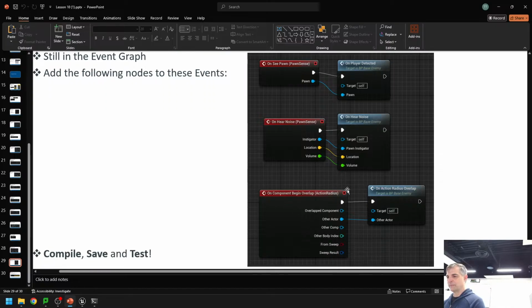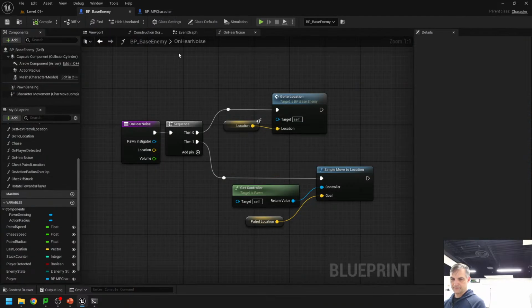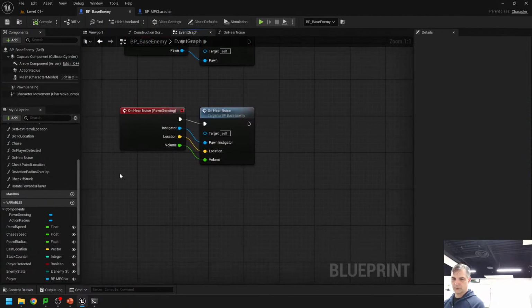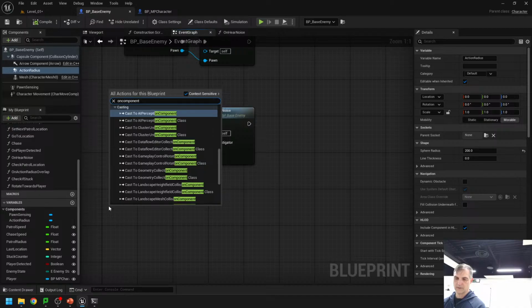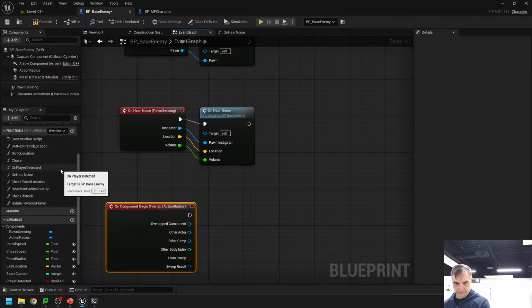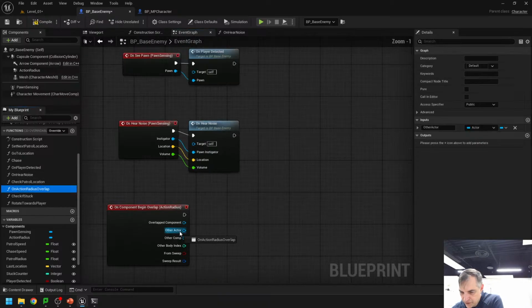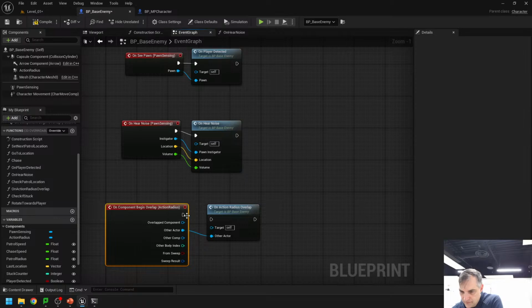On component begin overlap, this part is where I'm really close, then on action radius overlap, what we're going to do, so that's the next part. Component action radius is where we're going to click on component begin overlap, and we're just going to take on action radius overlap, and we're going to go to the other actor and connect it there. Other actor. And now, if we try this again,